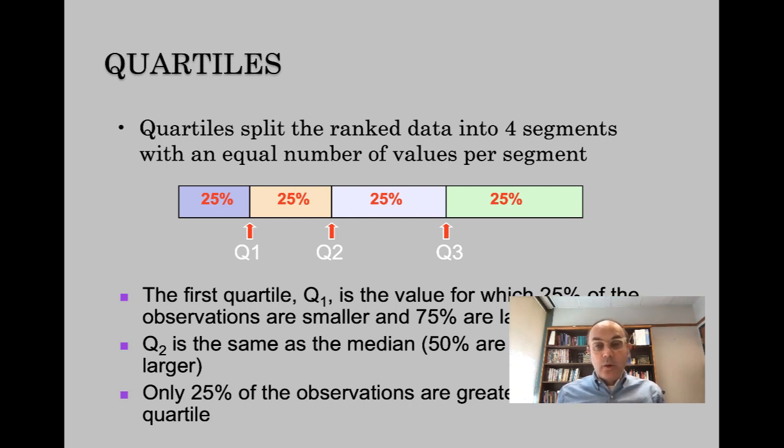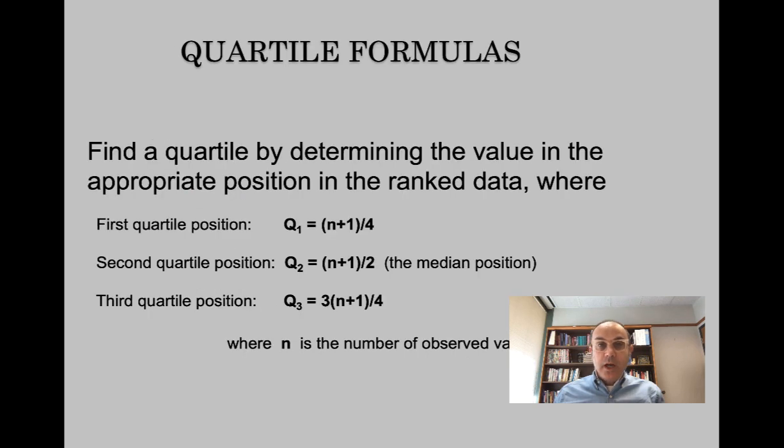In the case of quartile 1, 25% of the observations are smaller and 75% are larger. So quartile 1 formula is n plus 1 divided by 4. Quartile 2 is n plus 1 divided by 2. Quartile 3 is 3 multiplied by n plus 1 divided by 4, where n is the number of values that